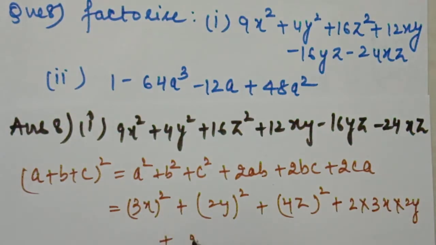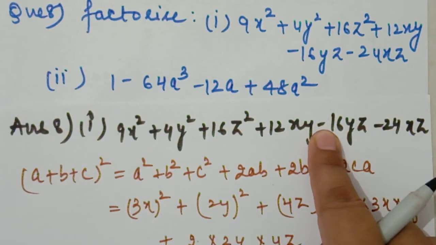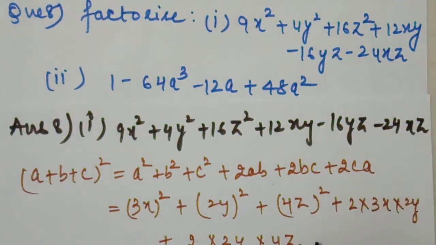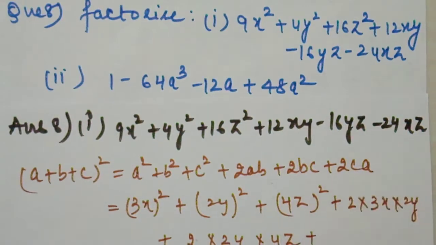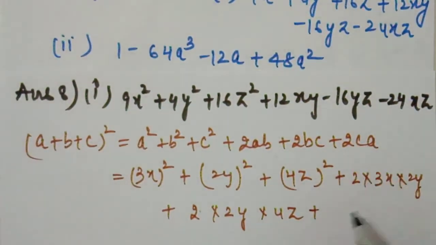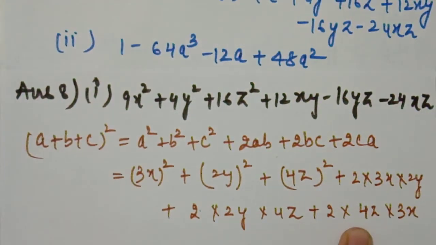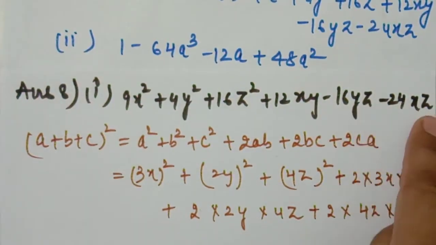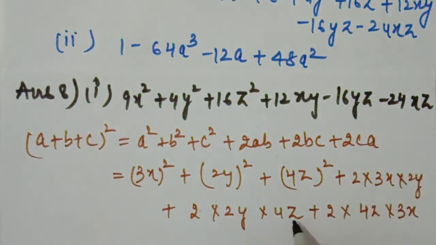Now next is 2bc, then it is 2y and multiply by 2bc, b and c, which is 4z. Now check they are equal to each other or not. They are equal to each other, but sign is different because we have minus here and we have plus here. Similarly, if we will write next term also, 2c, then it is 2 into c is 4z and a is 3x. So the negative sign is also not here. So what we will do, we know it very well which one is common factor here. Z is common factor here, so definitely z will be a negative number, so we will put z as a negative number.